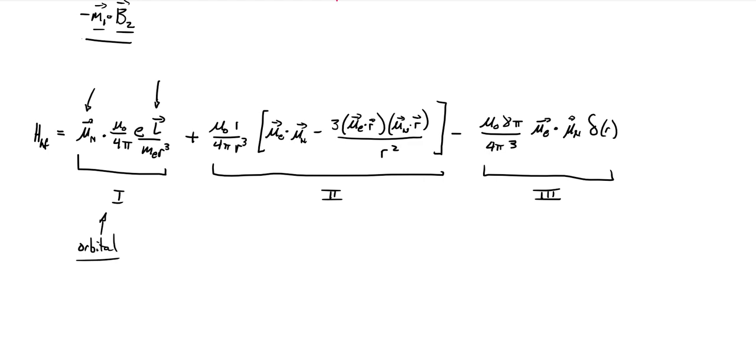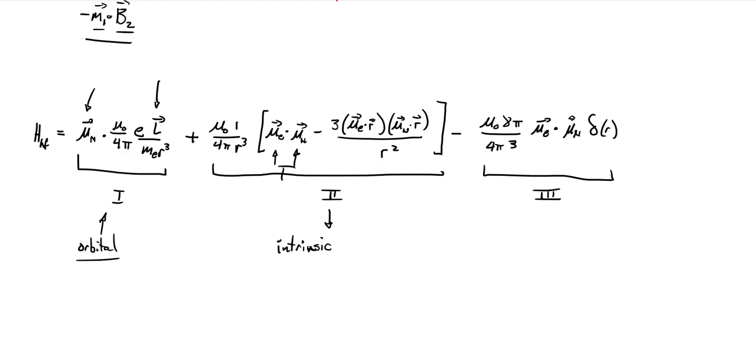So that's the effect that relates to the orbital magnetic moment. This second term is related to the intrinsic magnetic moments of those two particles, right? It has the magnetic moments related to the spin of those two particles, which have nothing to do with the orbits or which state they're in. They're just intrinsic properties of those particles. And so this is how those two are interacting. And this term is for when they're not at the same place, when the electron is away from the nucleus, where their wave functions aren't overlapping.